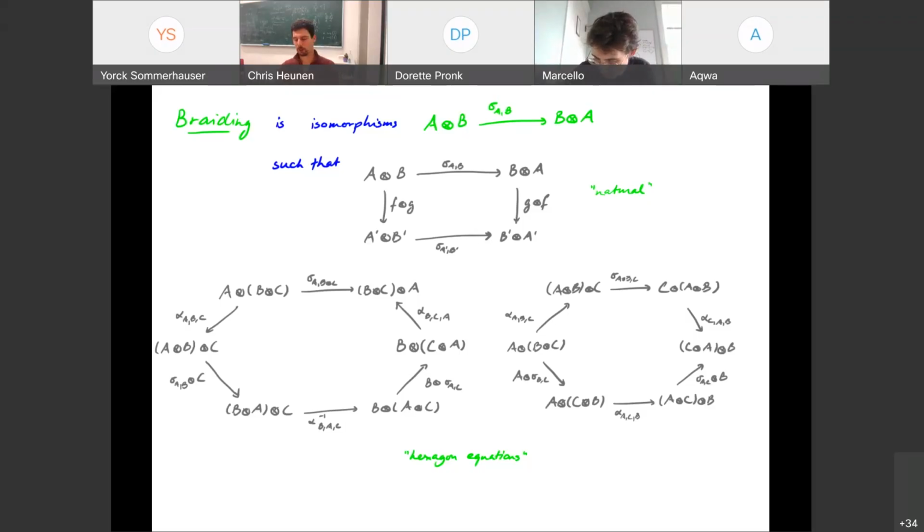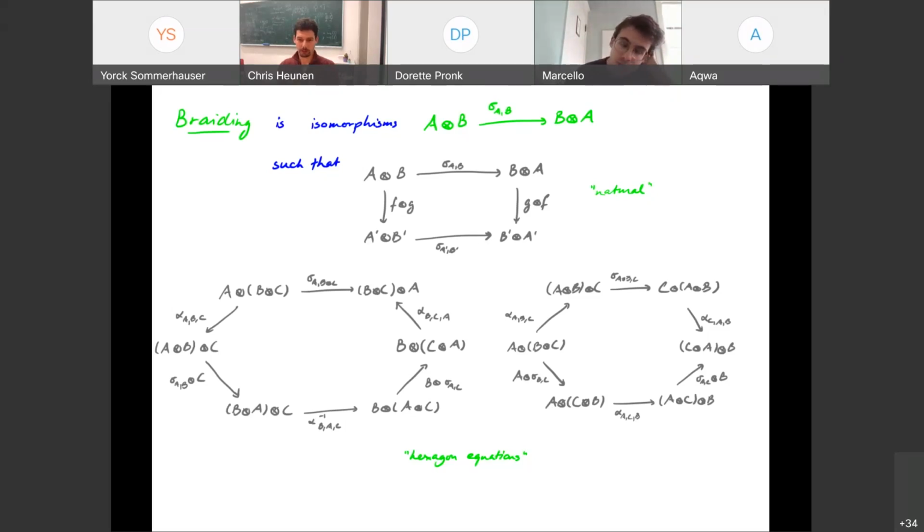And just like we had these triangle and pentagon equations before, there's similar coherence conditions here to make a similar coherence theorem true. This time it's called the hexagon, and there's two versions of it. Let's look at the left one. That says what happens if you have three objects A, B, C, and you swap things around. For example, first the A and the B, and then the A and the C. Or if I swap the A with the B and the C at the same time. So in a sense, this diagram says how the braiding interacts with the associator. And I ask that for any three objects A, B, C, this hexagon commutes and this dual on the right commutes.